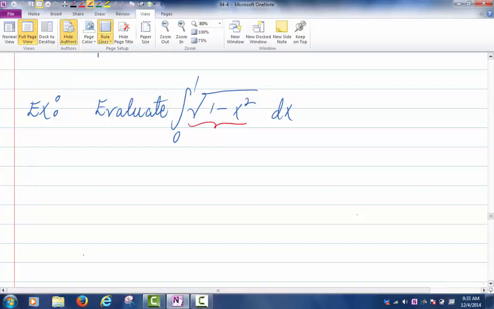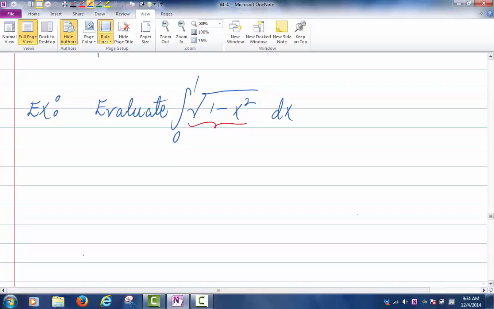One thing I want you to know is that when you go to Calculus 2, you'll see how to deal with a root function like this in a different way by using some substitution rules, which requires that you know inverse trigonometric functions. But since we don't know inverse trigonometric functions at this point, we're not going to do that. You will do that in Calc 2. But the way I want to evaluate this integral now is by interpreting it